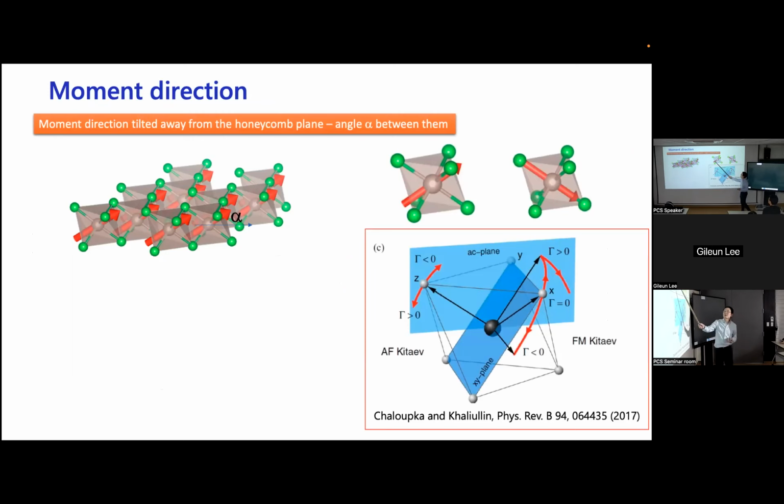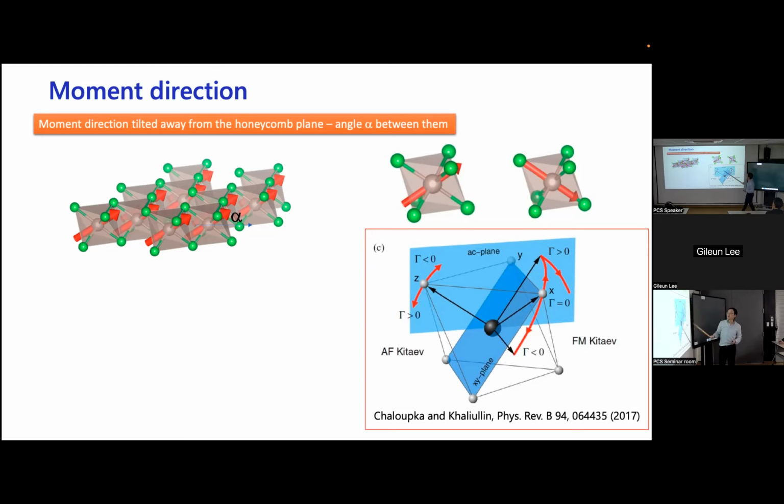So take this, the octahedra, and the spin can point to either that way or that way. And so this was worked out by Chaloupka and then Kuhlin. So if you take the so-called JK gamma model, where K is the Kitaev interaction, and gamma is a symmetric off-diagonal interaction. So it's basically coming from the spin-orbit coupling in your exchange Hamiltonian. And depending on the sign of the Kitaev interaction, antiferromagnetic versus ferromagnetic, you can basically point the spins along the oxygen direction or the plane of